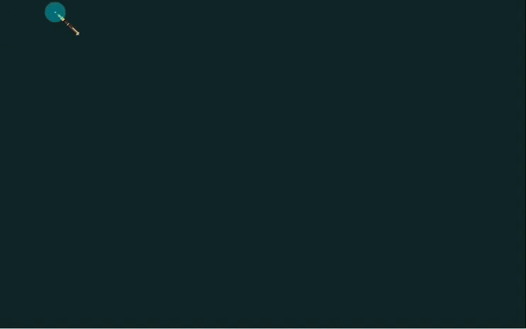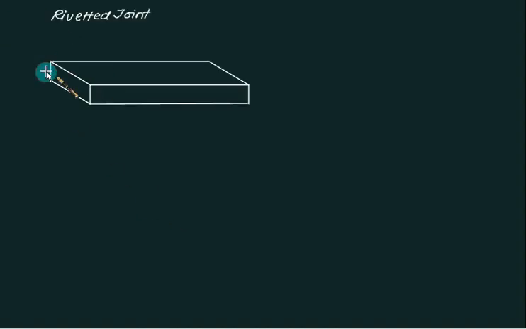And this one will go for riveted joint. The first thing that we are given is a plate, and this one is called the width of plate. And we are applying the force perpendicular to the width. Force is not applied along the length, but the force is applied along the width. So this one is width, this one is force.